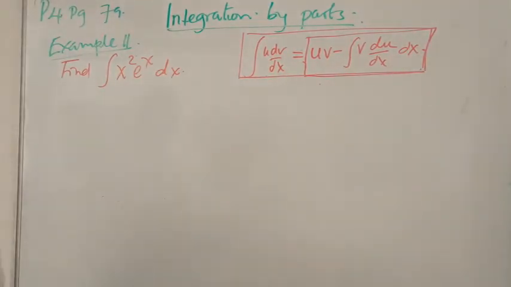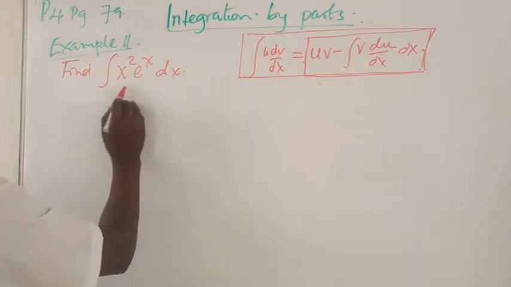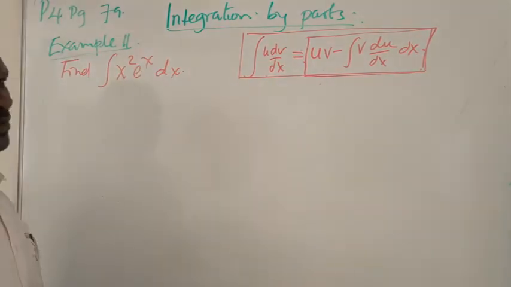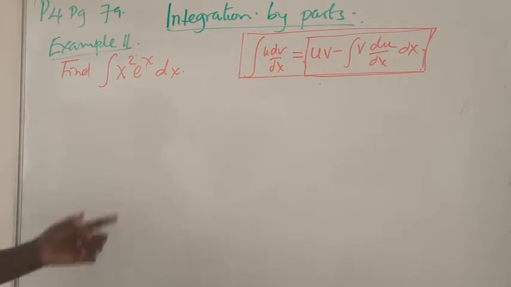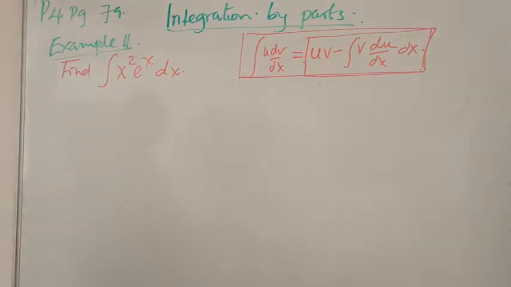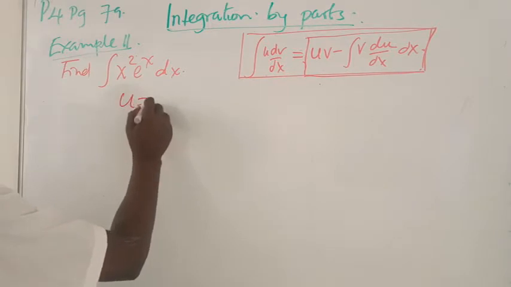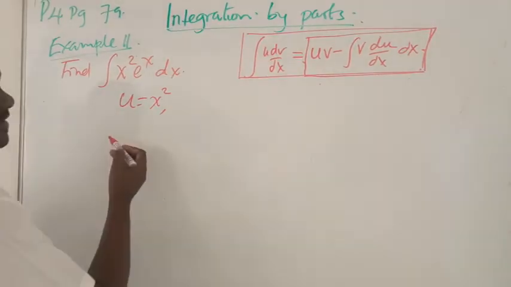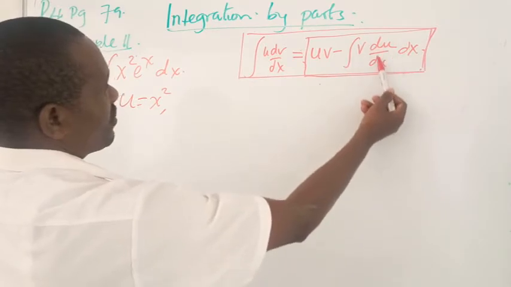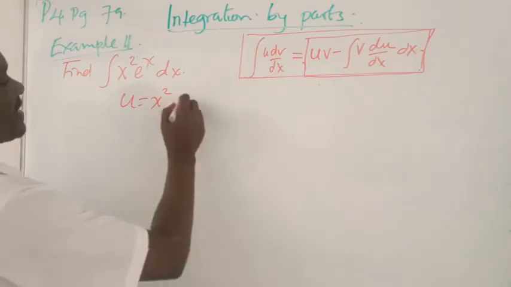And in this setup, we have an integral of two terms, x squared e raised to power x with respect to x. So it is up to us to realize or to separate the variables so that we can integrate by parts. Now we have two terms. What do we take u to be, and what do we take dv dx to be? Obviously, anytime you are having e raised to power x, let that be dv dx. So it goes without saying that u is x squared, and if u is x squared, because at some point we are going to use du dx, then du dx becomes